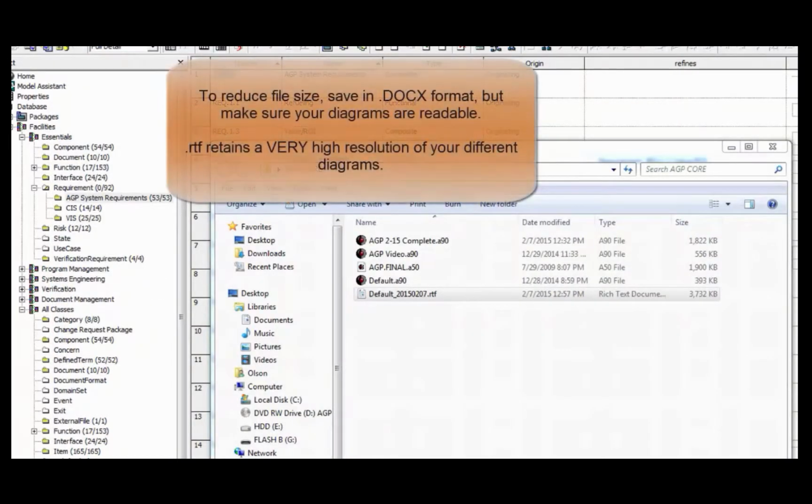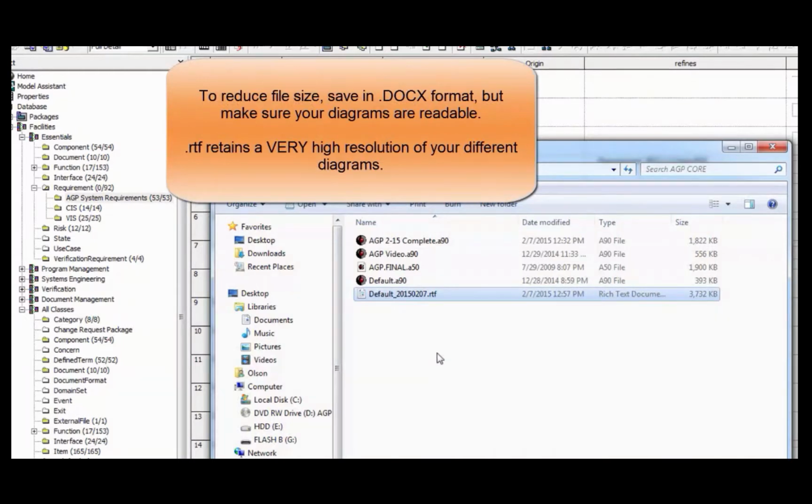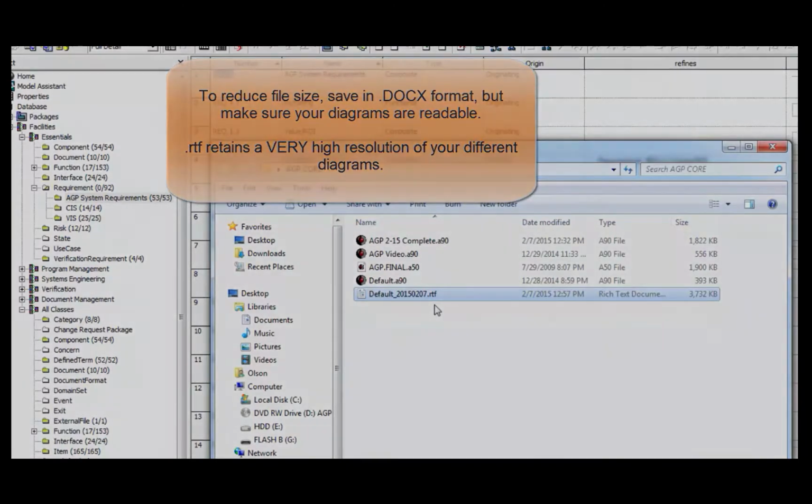So once it finishes exporting, it's going to save into the folder that I just saved it into, and it'll be a rich text format, RTF format. So what you'll do is you'll open it in Microsoft Word, and you can edit it in Word. And I would recommend saving it in a docx format because it compresses the pictures and makes the file size a lot